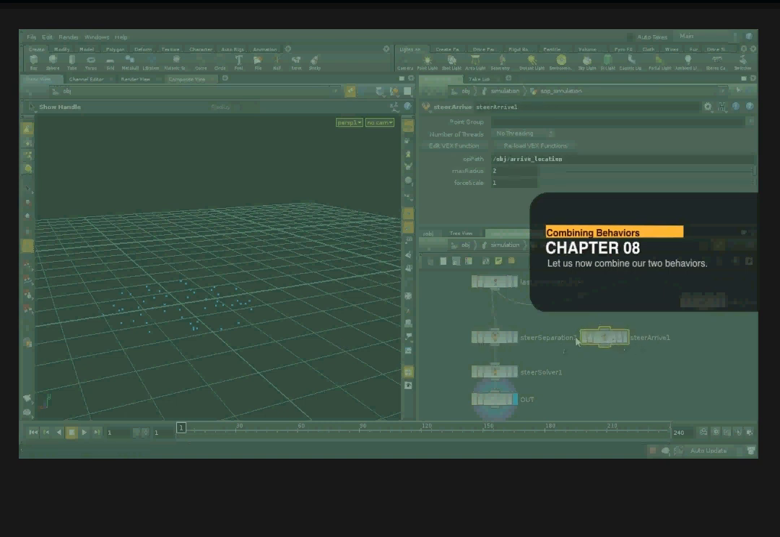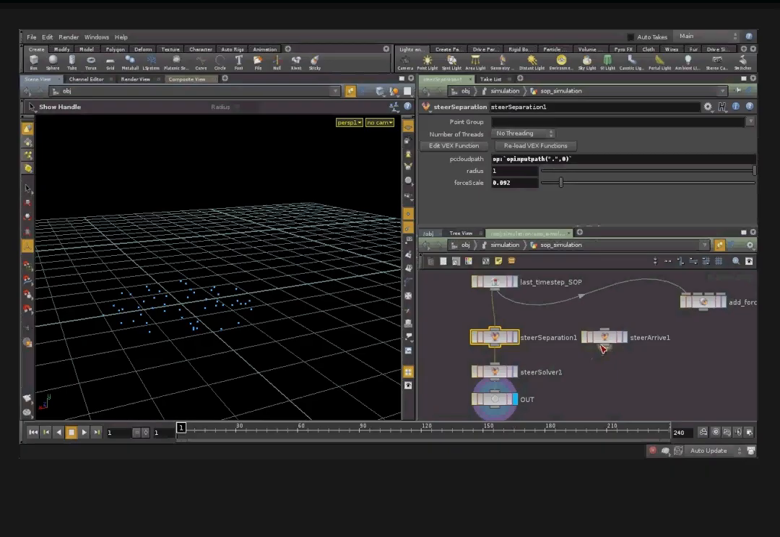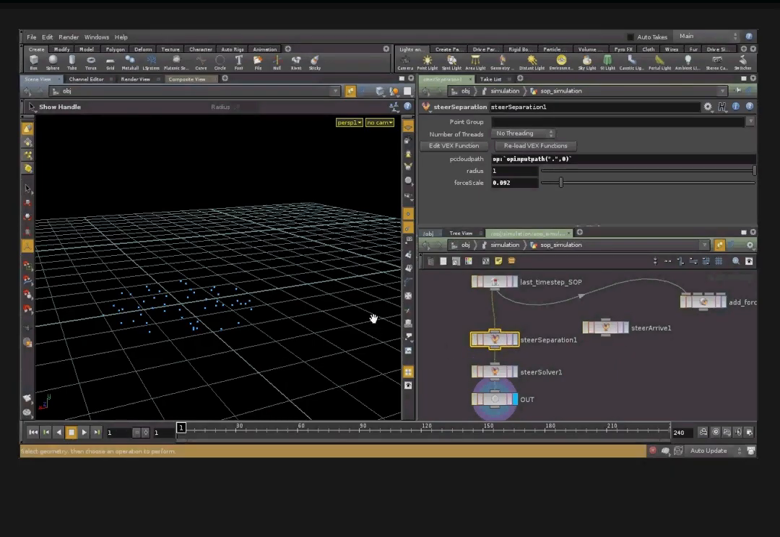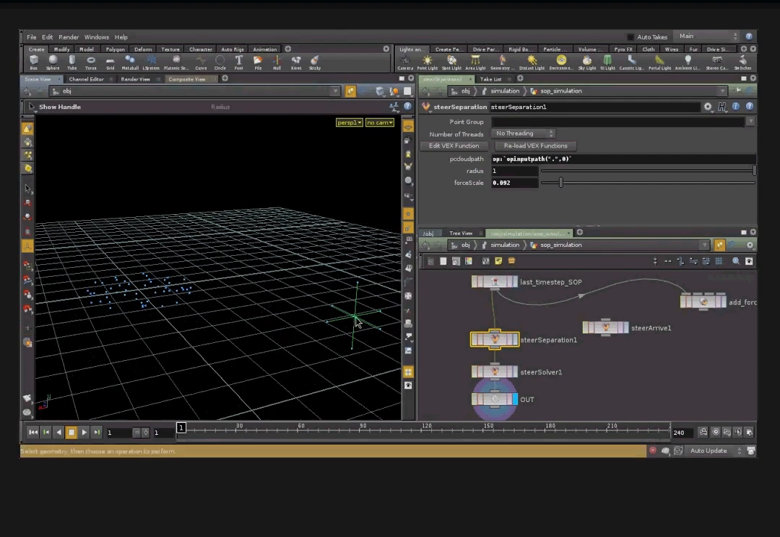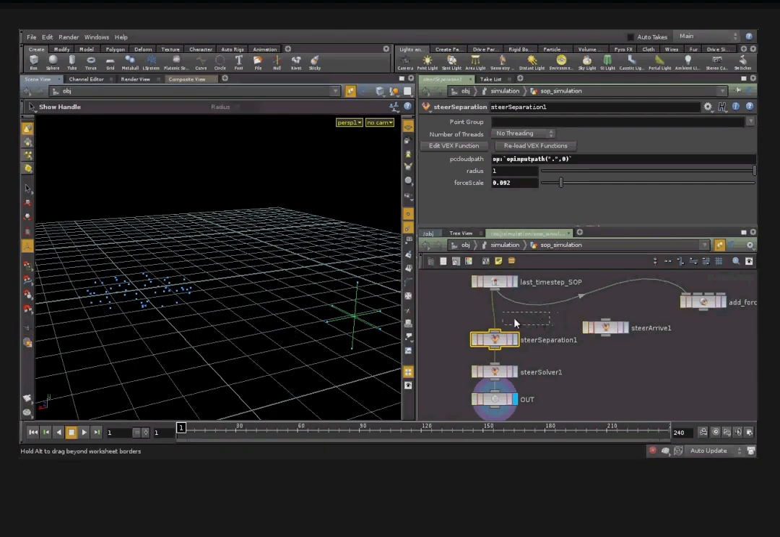Steer arrive behavior and we have the steer separation behavior. The next thing we want to do is combine the two behaviors. Let's remember, we have a target point, an arrival point, and if we use our arrive behavior, the agents are arriving to this point. Let's talk in the real-time mode. It's not so fast. It's arriving to this point, and if we are using the separation behavior, they are trying